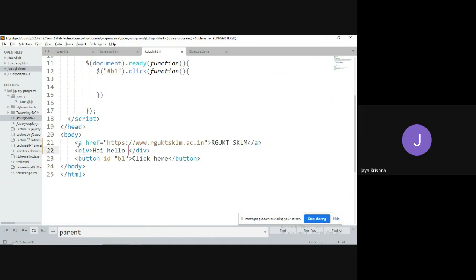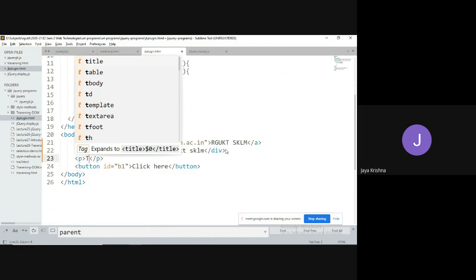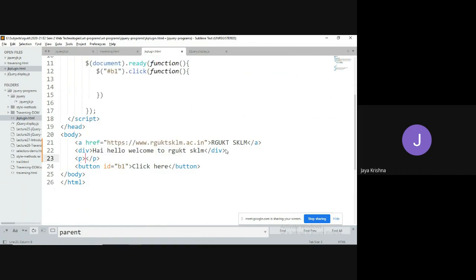Hi, hello, welcome to rguktsklm. And one more paragraph: comes under RGKT University. Yes, I have created these elements.